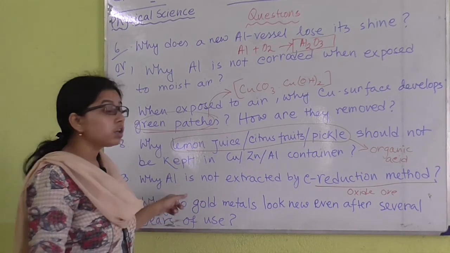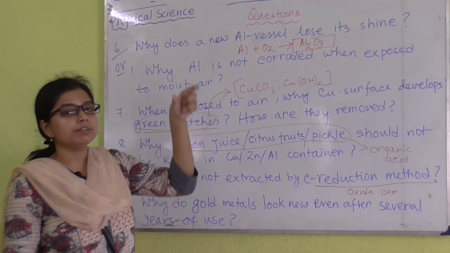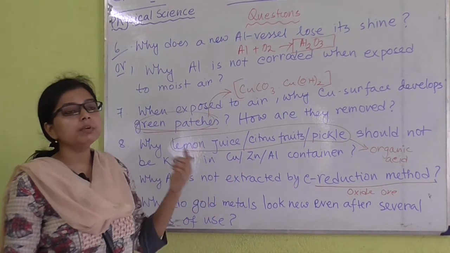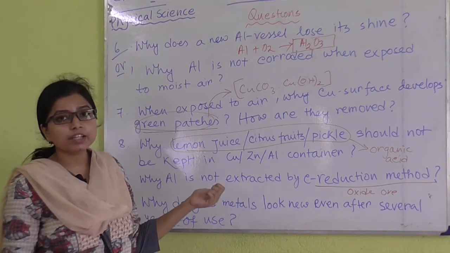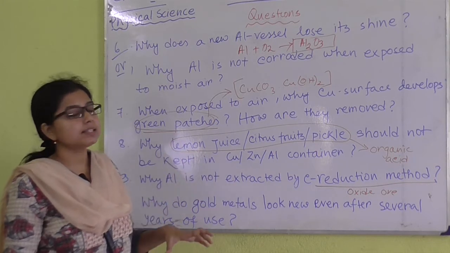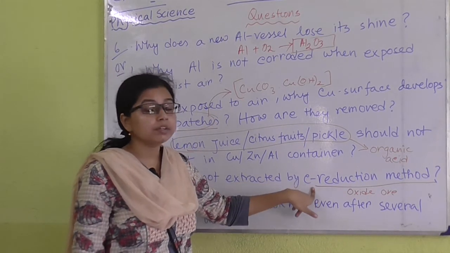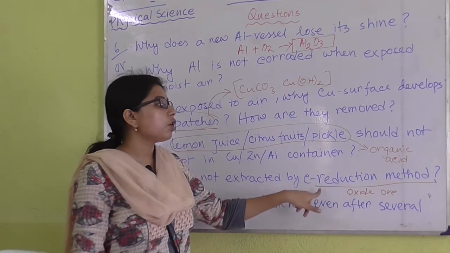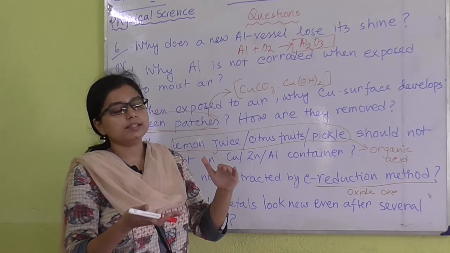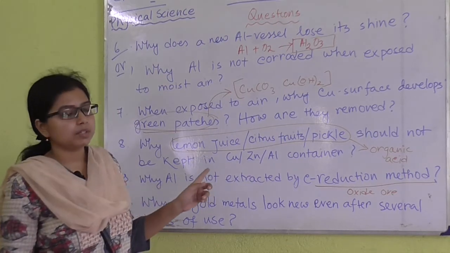So that is why not only aluminium, any member from the list which is in the higher position, that means it may be sodium, it may be potassium, aluminium, it may be magnesium, all these we can extract just using the electrolysis process, but not with the carbon reduction method. Okay, this carbon reduction method is only applicable for the least reactive metals, or those which are in the middle position in the series. For those members the process is applicable, not for the higher members.